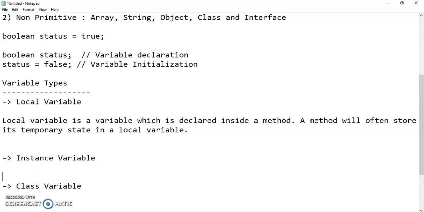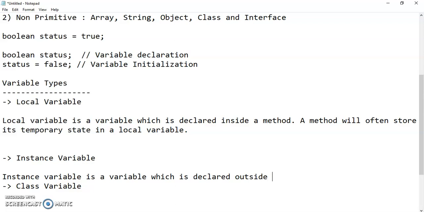So what is instance variable? Instance variable is a variable which is declared outside a method and inside a class.